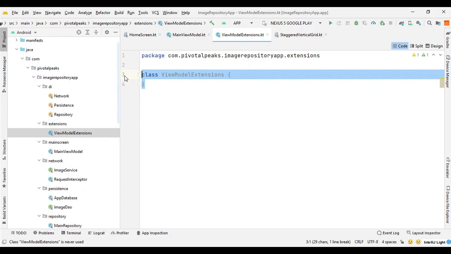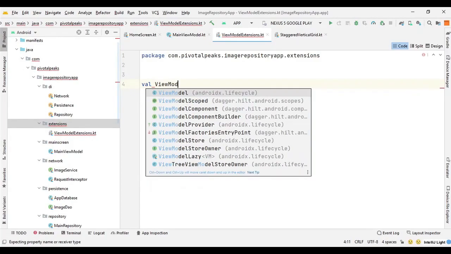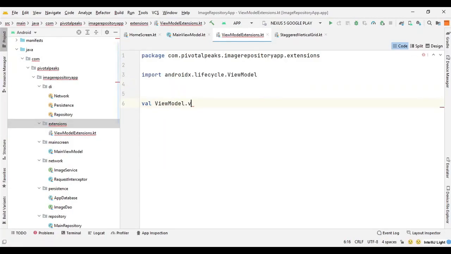And we don't need class, we can just say val view model dot view model IO context of type coroutine context.